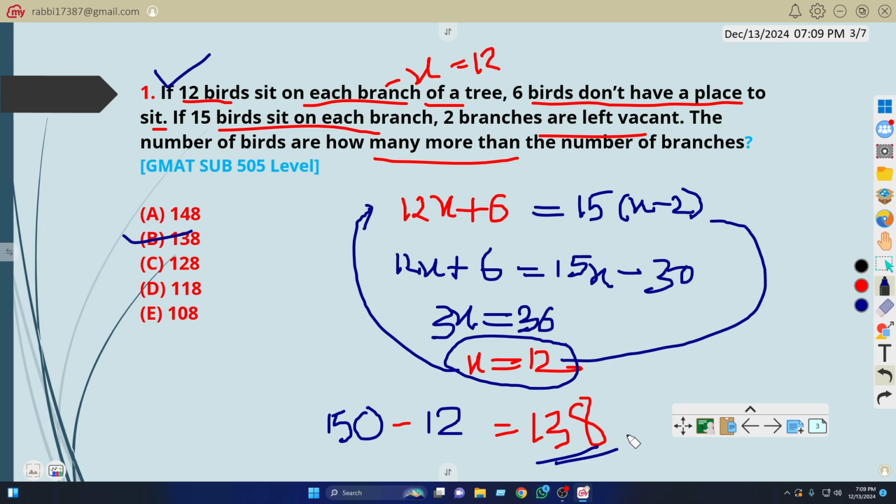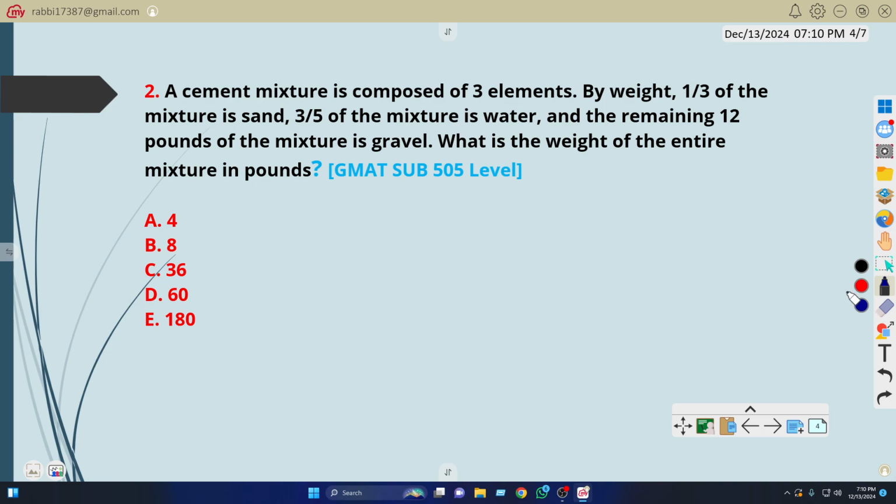So easy questions, GMAT sub 505 level, and 505 লেভেলের কোশ্চেন গুলো ইজি হয়, যেগুলো হচ্ছে আপনার বিভিন্ন জব পরীক্ষার জন্য বাংলাদেশের খুবই ইম্পর্টেন্ট, এবং বিভিন্ন জব পরীক্ষা এসে থাকে যারা ব্যাংক প্রিপারেশন নিতে চাচ্ছেন, বা হচ্ছে বিভিন্ন ওই পেট্রোবাংলা থেকে শুরু করে বাংলাদেশ ব্যাংকের আরো বিভিন্ন রেপুটেটেড সেক্টরগুলোর জন্য হেল্পফুল।